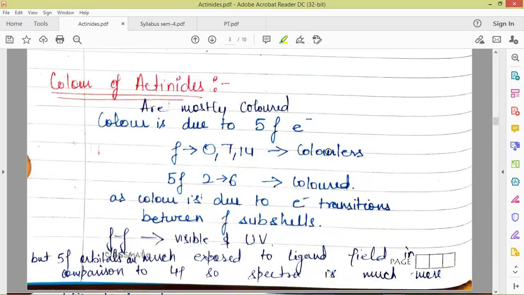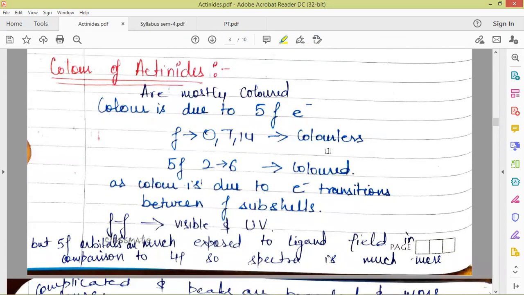decreasing again. Now coming to the color of the actinides, actinide complexes are mostly colored because of the 5f electrons, where f-f transitions are there, due to which color appears. For the electronic configuration of 5f with 0, 7 and 14 electrons, that is exactly empty, 5f subshell exactly half filled and exactly fully filled, these complexes are colorless because they do not prefer to undergo any transition, because they do not want to hamper